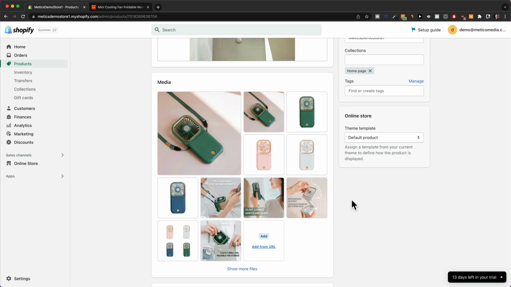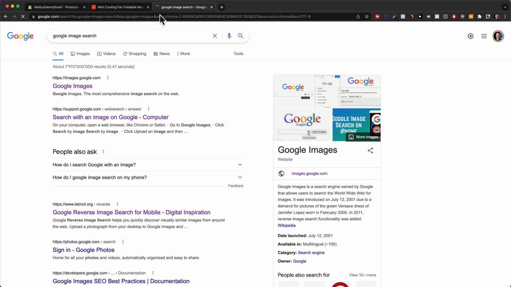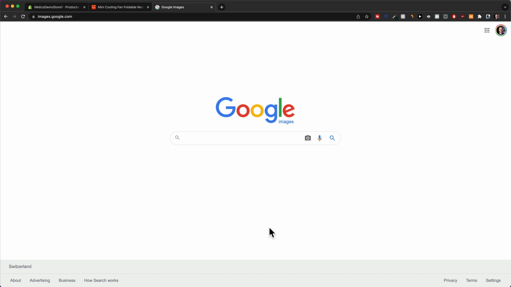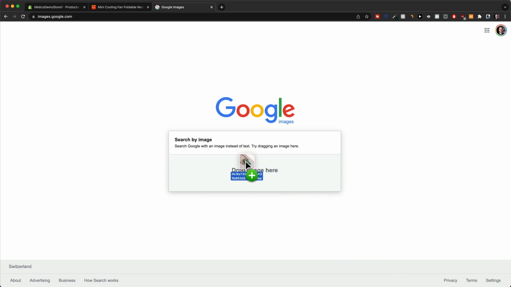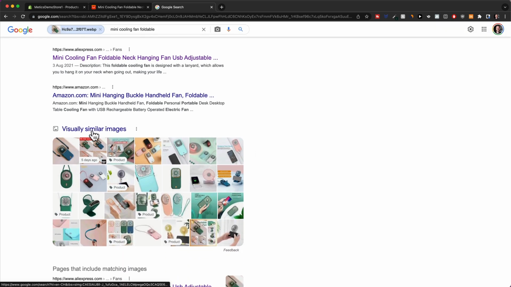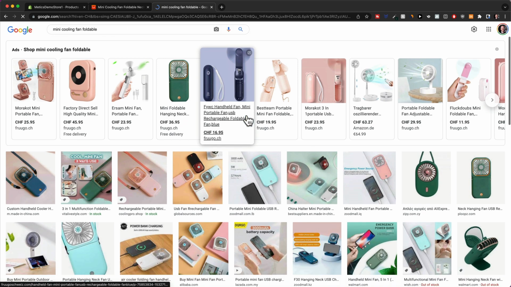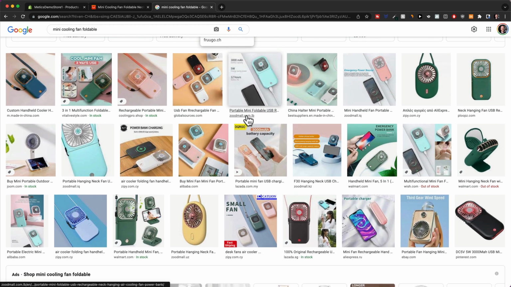Now, sometimes it's very hard to find good images for your product. What you can also do is just go to Google image search again. And then you want to do the same thing as we've done before with the product research. You're just going to do a search by image, and then you're going to drag in one of the images you get from your supplier. And that way you're going to find more images. So here, when you click on visually similar images, Google is going to give you a lot more images of visually similar pictures. And a lot of the time you're going to find more images about your specific product